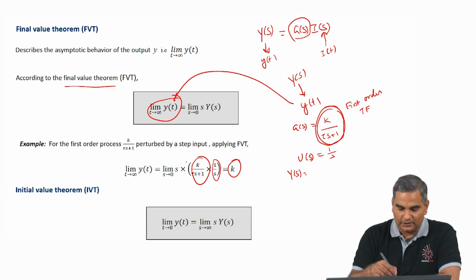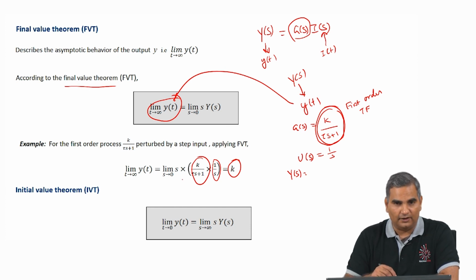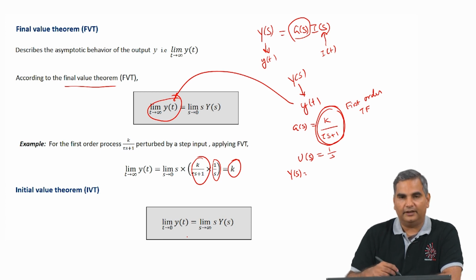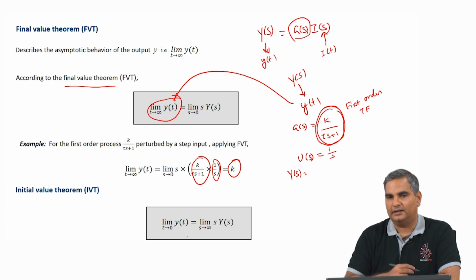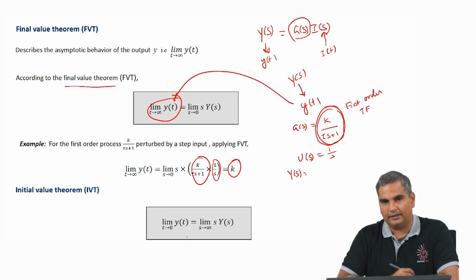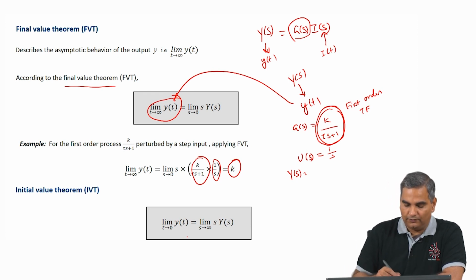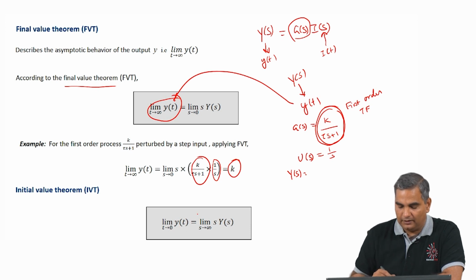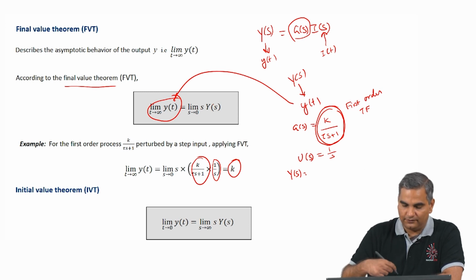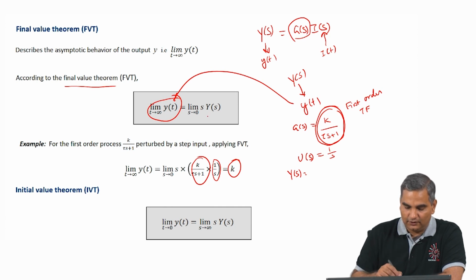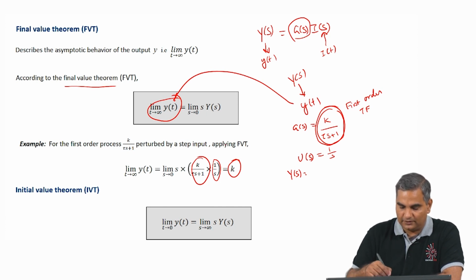Equivalently, you can ask the flip question, if I want to know what will be the initial value of y of t, and this is not really useful for y of t itself, but we are going to use this later, where we can find the initial value of dy by dt. So basically that will give me what is the initial slope that y is going to take, or initial rate at which y is going to change. So if I want limit t tends to 0 y of t, then I can calculate that as limit s tends to infinity s y of s, right. Now you can see how they are kind of symmetric, t tends to infinity, s tends to 0, t tends to 0, s tends to infinity, and s y of s is the same.